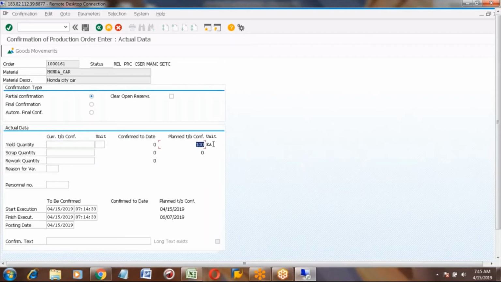Out of 100, for example, you want to confirm only 60. You can enter the yield as 60. You manufactured only 60, and press enter. Only the quantity you will enter here. If you want to put some text, you can put a text.